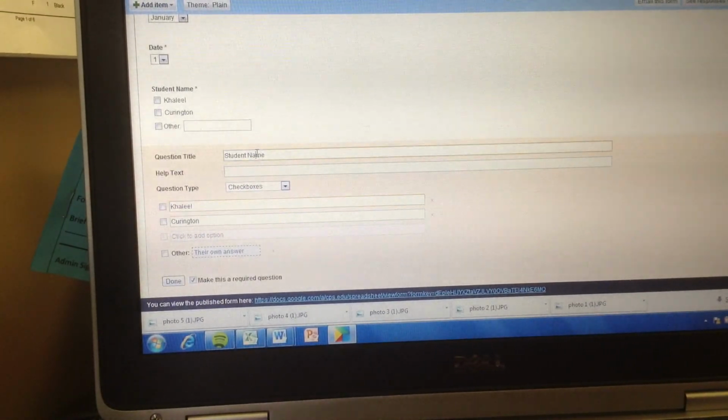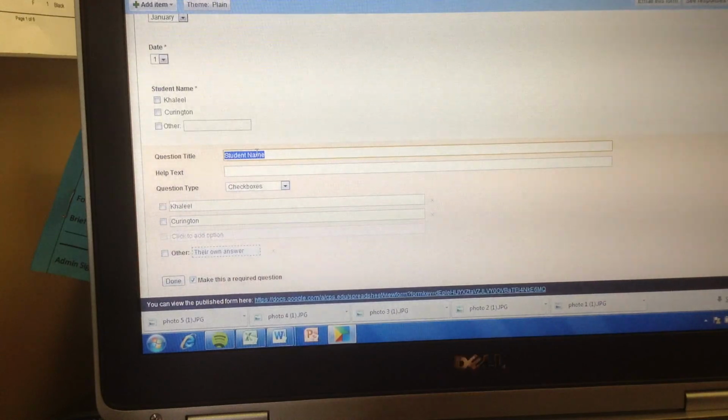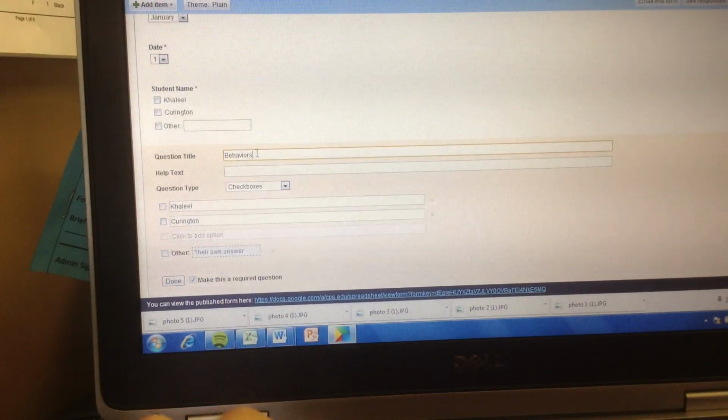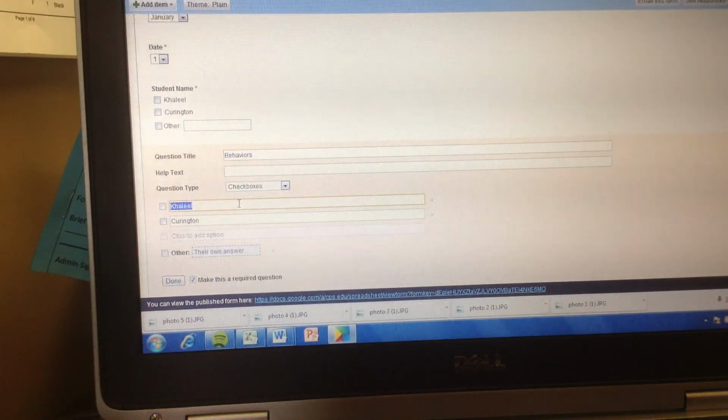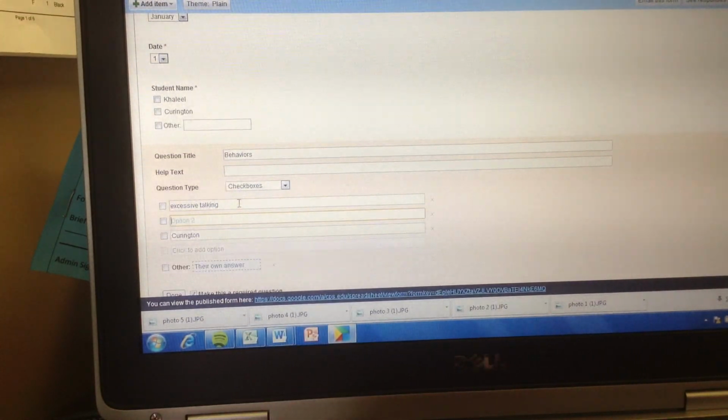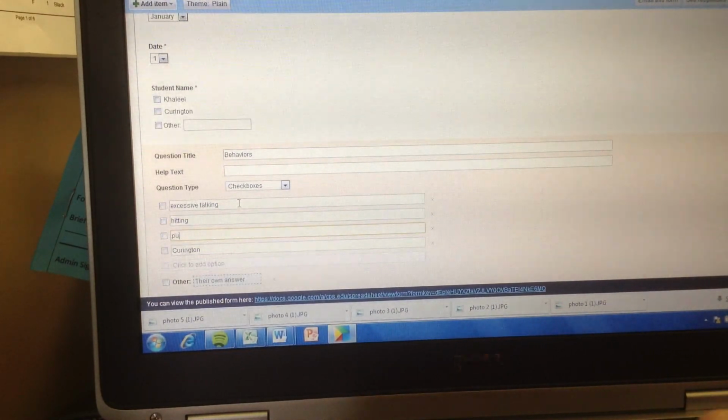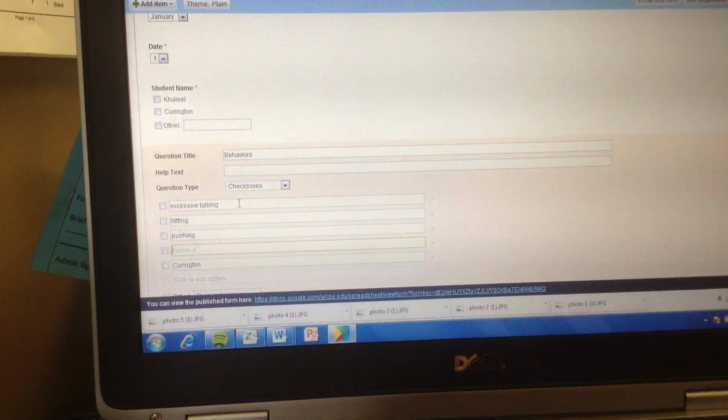To add another question, we're going to go over to the right, and again, duplicate. And once we duplicate that, I want to list the behaviors. So when you're listing your behaviors, you need to think about all the behaviors that the students that misbehave actually do in class or around the school. So excessive talking, hitting, pushing, outbursts,